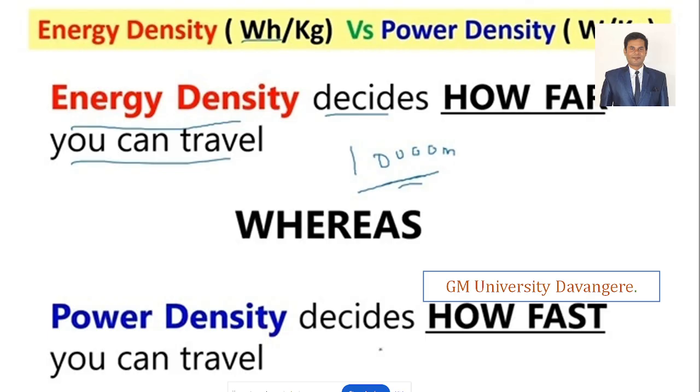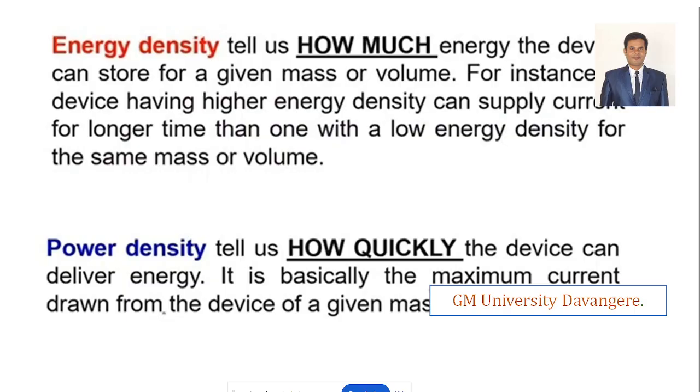How much power you are going to deliver, ultimately you are going to deliver the maximum power, how fast you can do it. That is what we are making you understand about power density, right? Power density is nothing but the faster, and energy density will decide how slowly it will discharge the energy, right? So if you see these definitions, the energy density will tell how much energy the device